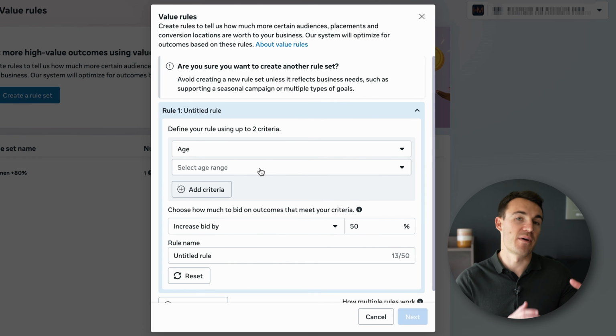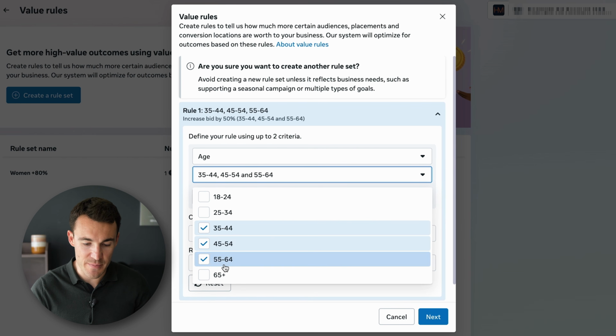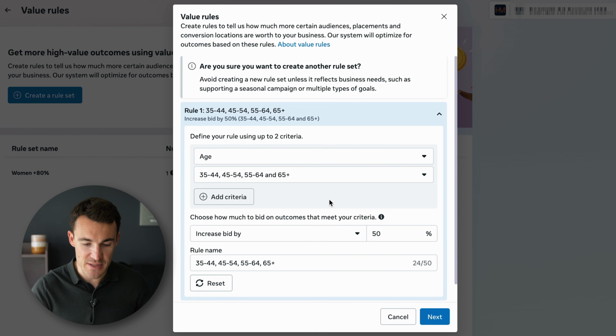I may have analyzed my customer data and worked out that people over 35 are more valuable to my business. Perhaps they are more likely to convert from lead to eventual client. Perhaps they are more likely to stick on my subscription service for longer. Perhaps they are more likely to buy again from my e-commerce store. Different use cases for different businesses. So let's say I've identified that they're more valuable to my business, select all the age ranges above 35, and